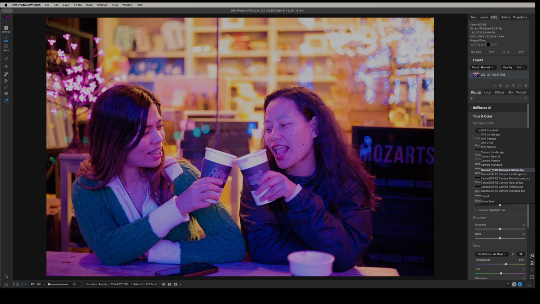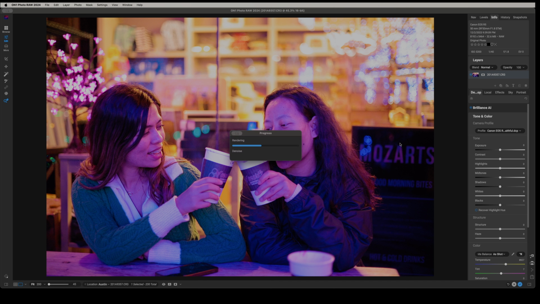And so this will make our work a little bit easier, because this is how the camera saw the light during this time while taking this photo. So I would like to apply this profile, and then next thing I always try to see what the Brilliance AI can do with this photo. And so I will turn on the Brilliance AI, and let's see how it's gonna